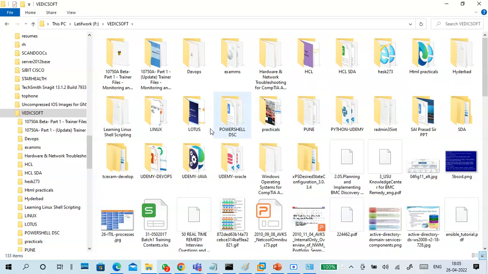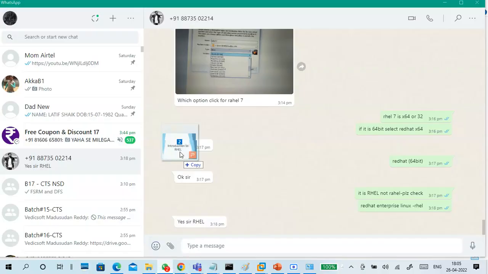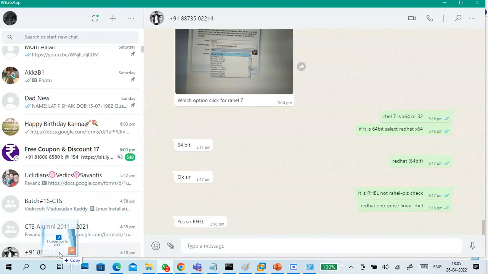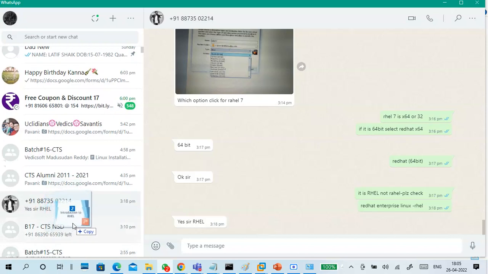HCL, Linux, Madhusar PPTs are there. Yeah, new build. First one, you go to this one and RHEL introduction. These two are enough. Where are you guys? S17.